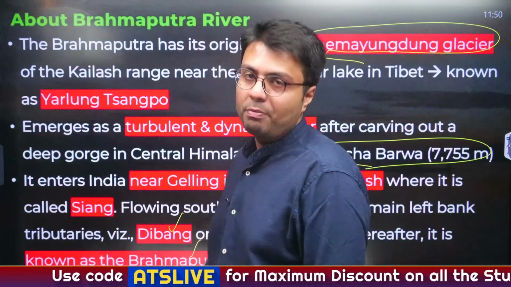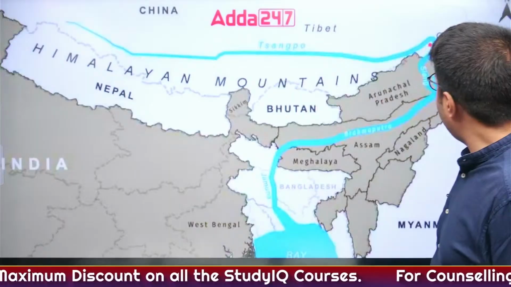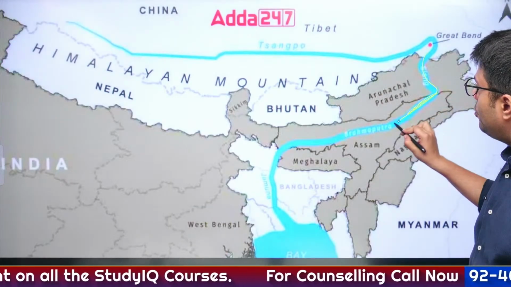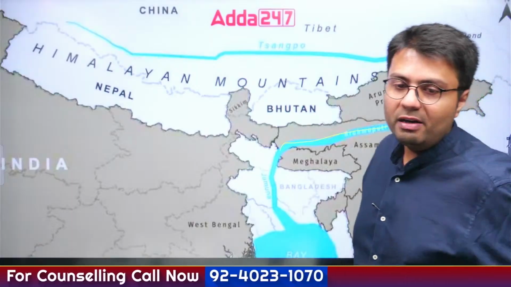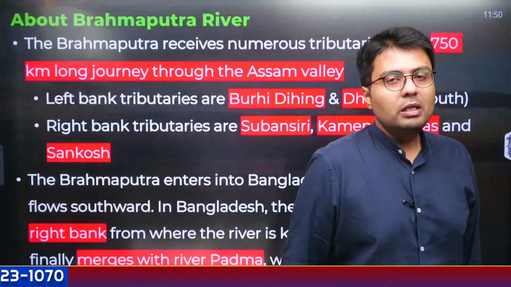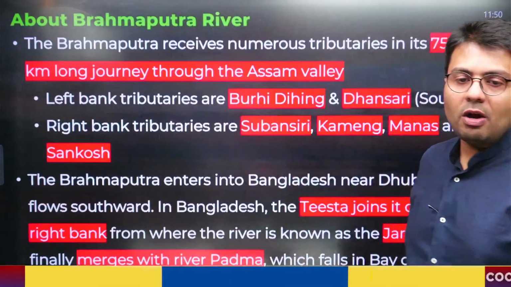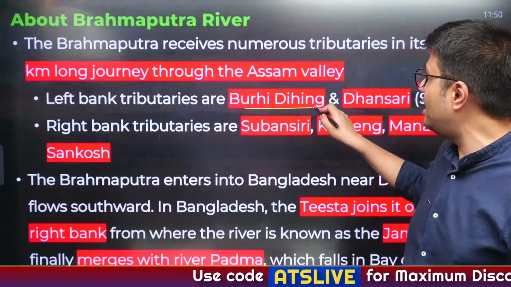It becomes the Brahmaputra river. Now this Brahmaputra river, after flowing through Arunachal Pradesh, enters into Assam, where it travels for 750 kilometers, eventually entering into Bangladesh and moving southwards, right? Now it travels for 750 kilometers in Assam, where it meets different tributaries like Budhi Diang, Dhansari,